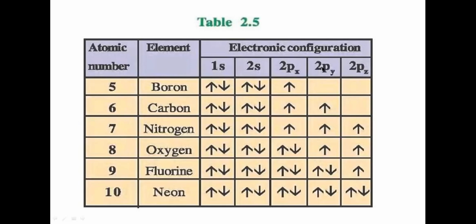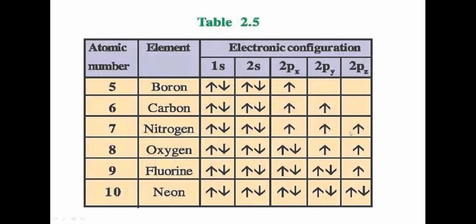The center is considered to be zero, as we do on a number line. When we move towards the left, it is considered negative, and when we move towards the right, it is considered positive. Same with d, same with f. So let's move to carbon. The next electron, we are not pairing yet. We go to the next degenerate orbital, that is py. Next, for nitrogen, pz.